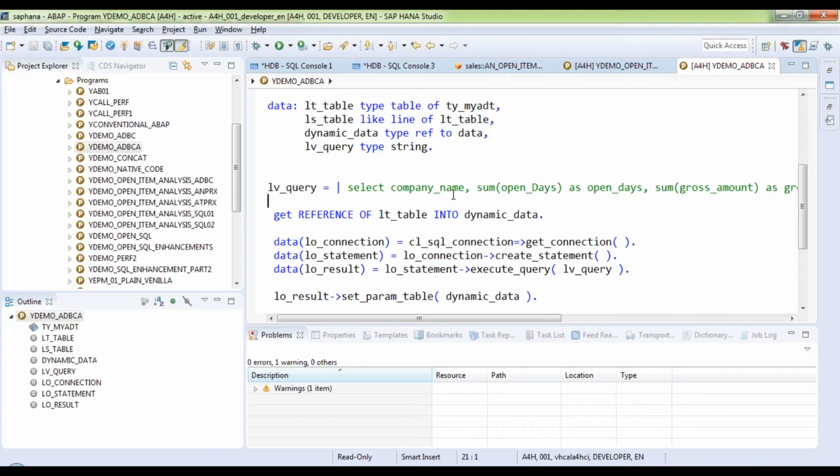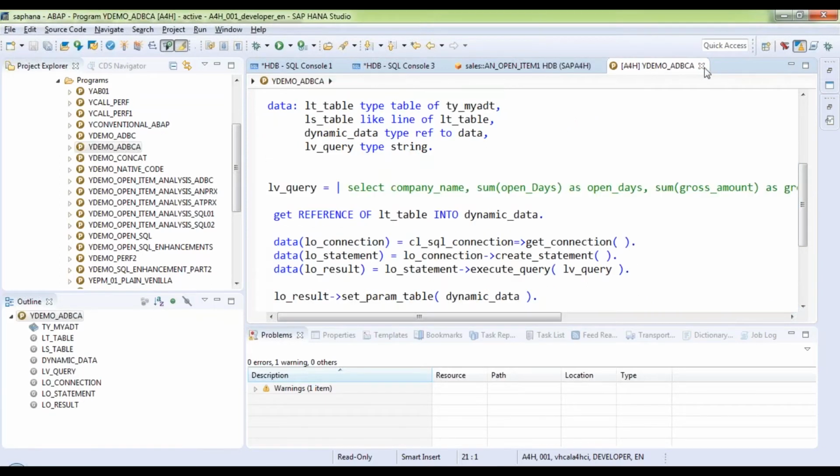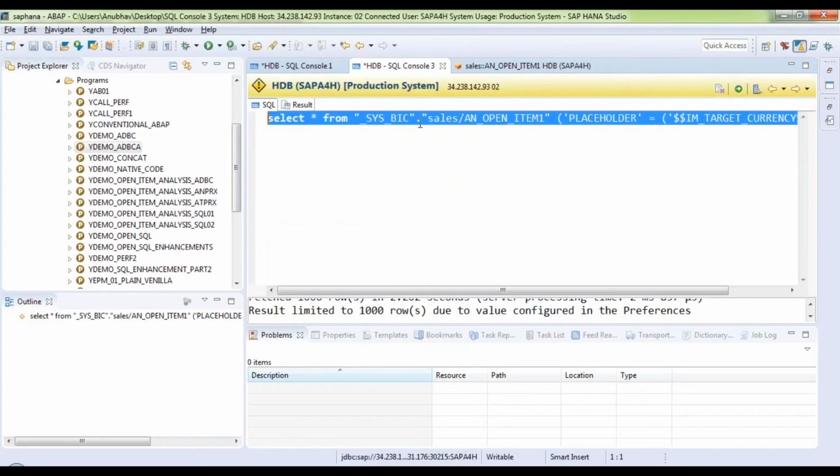If you only want to use OpenSQL, yes, view proxy is the answer. This is already covered. The program code is also uploaded in our blog. You can download the code, directly paste it in your ADT tools and run it, provided you had created this object.